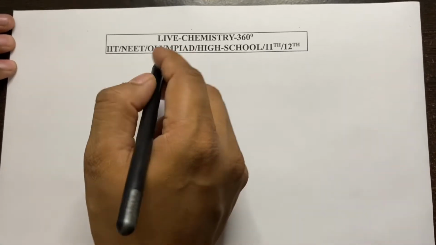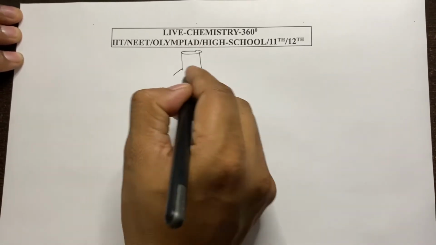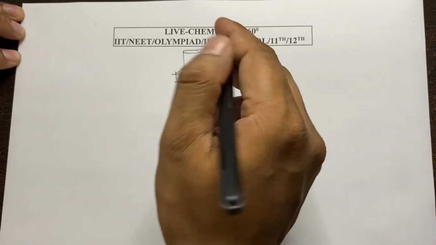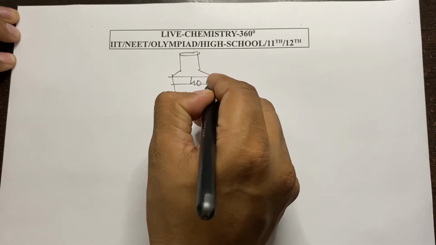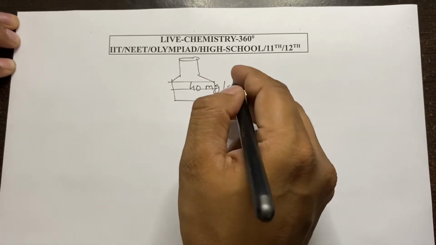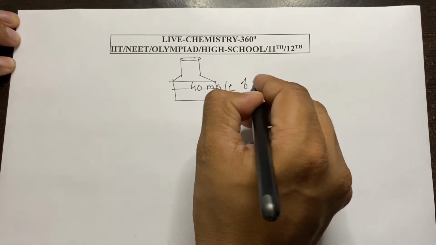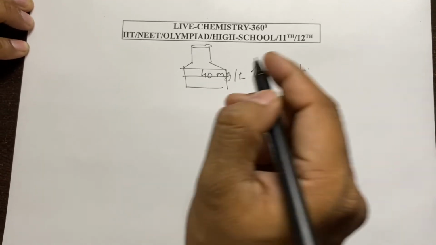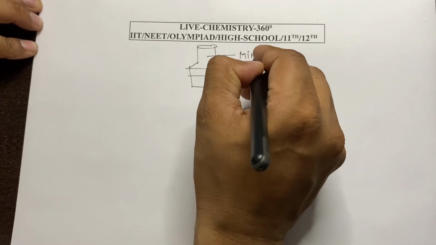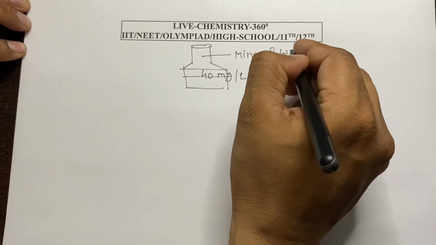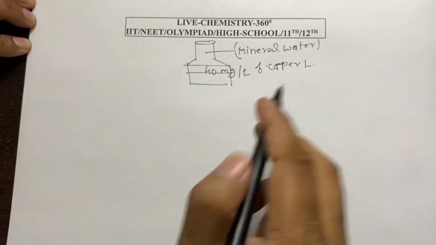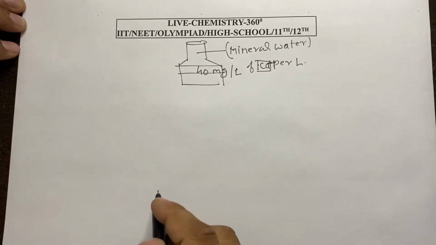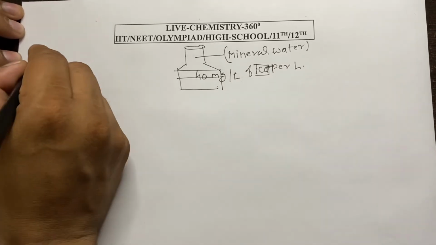Suppose it is given that a bottle is labeled as 40 milligram per liter of calcium. So this is the bottle of mineral water, and this is labeled as 40 milligram per liter of calcium. This is labeled as this, and now it is required to calculate,